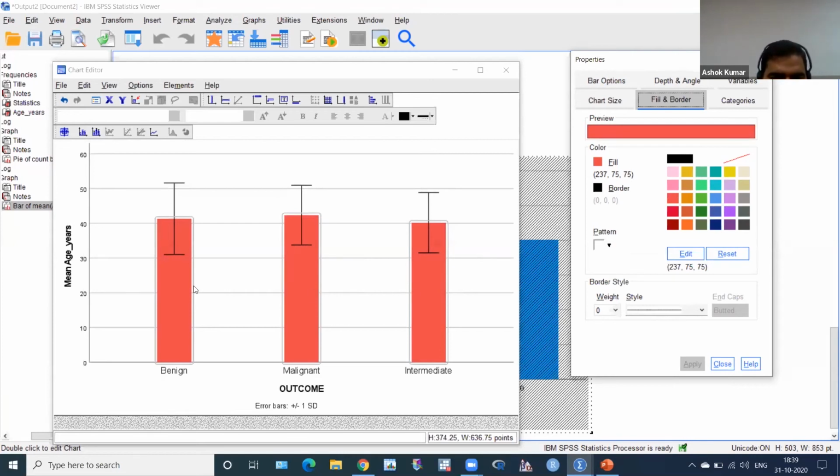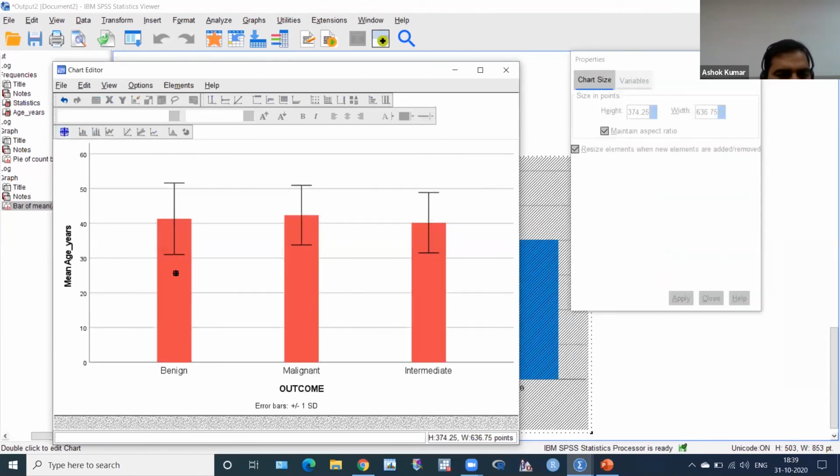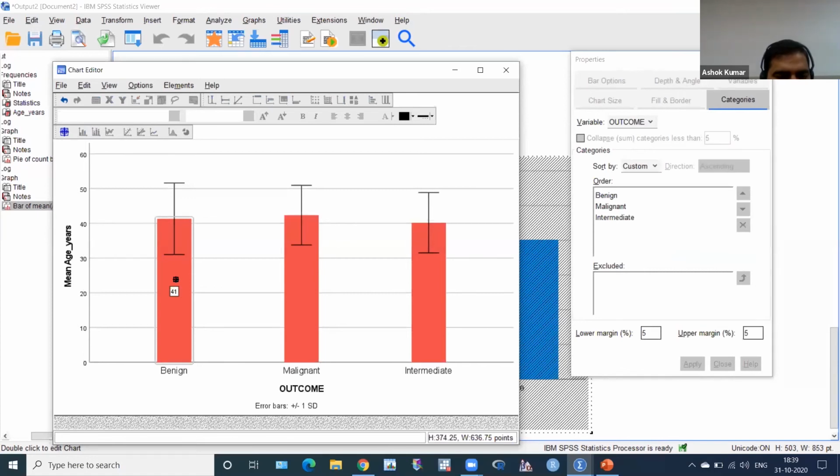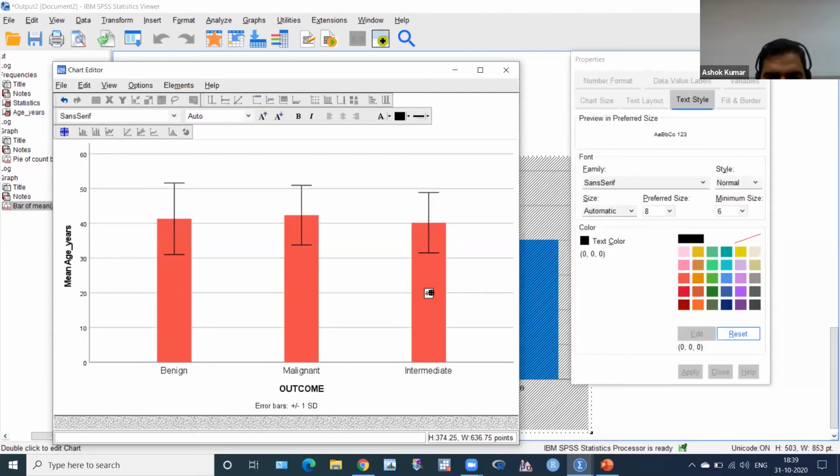And if you want to add the mean of these, you have to click this. If you want to add a number, you have to use this. Then click this, then okay, 41 mean, 42 mean, and 40 mean. I think you are not getting the decimals. So you have to do something else, because you are not getting these decimals. You have to remove this using this button, then click here, okay.